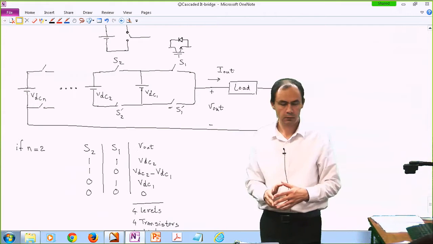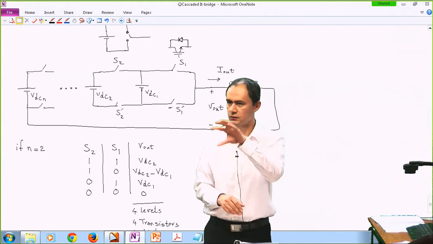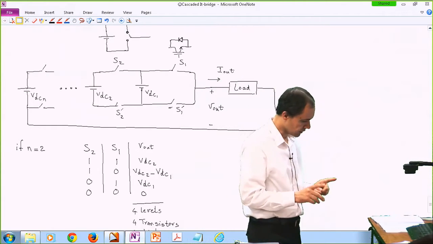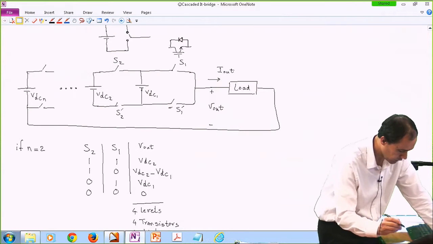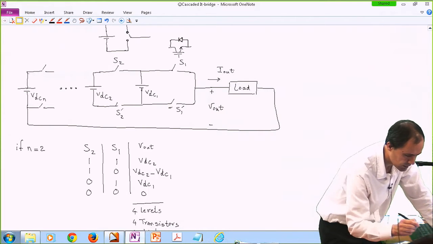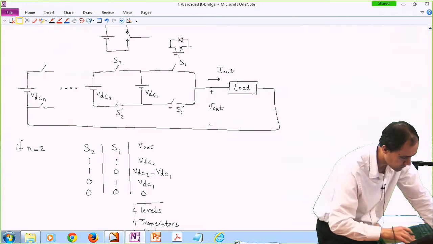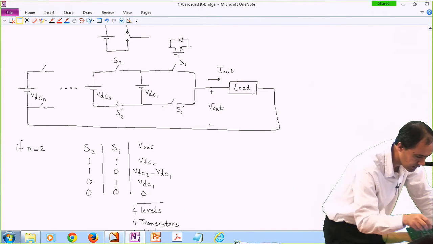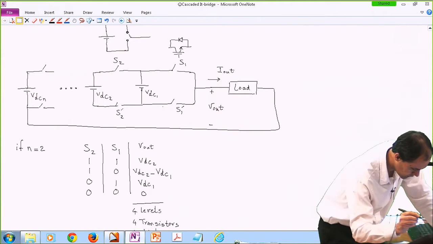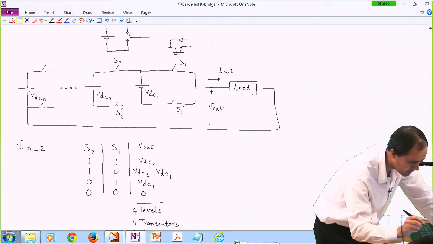Okay? And all of them are the same. You just have to copy and paste it. For S2 we have the same, for S2 prime we have the same, for S1 prime we have the same,